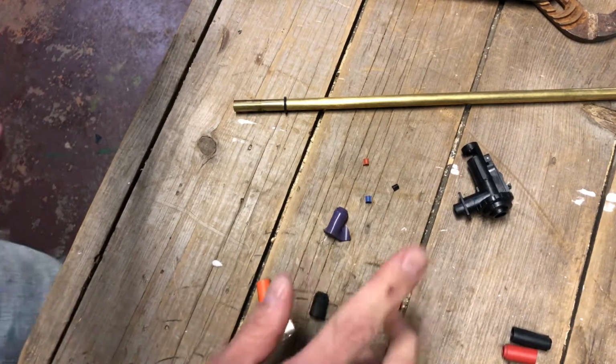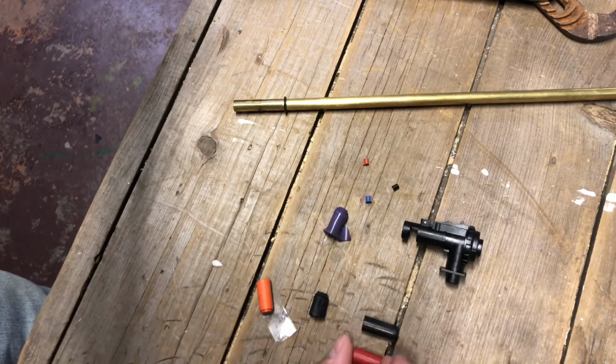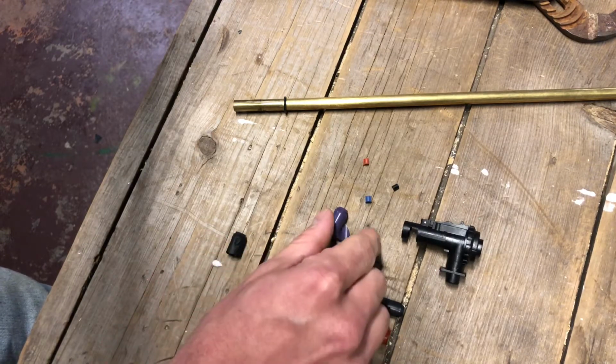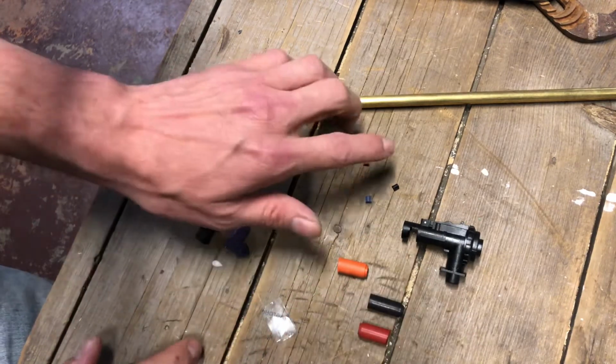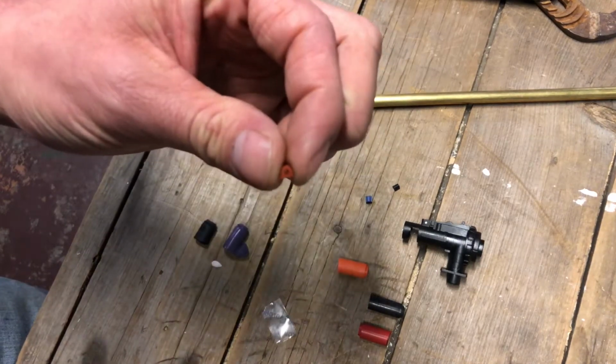So what I want to do is I'll be using here a Crytek hop-up. I have a couple different buckings here. I have a VFC bucking, a Mad Bull Red Shark, and then a couple here that I flipped inside out just to show you the difference between some of the different patches, and then a Crytek bucking here, as well as a standard flat nub,